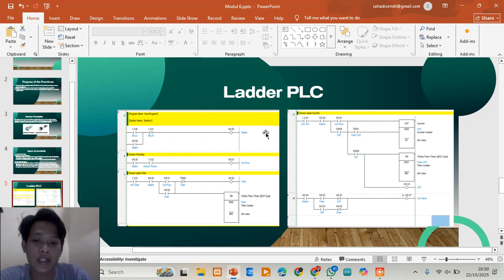This coil acts as the main control relay that enables the rest of the program.